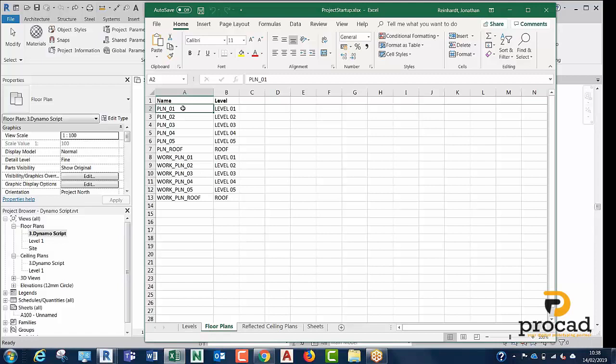So within our floor plan, we know what we want to name our floor plan, so PLN_01, but obviously you can change this to suit your BIM level 2 standards as well. And we know what levels we want them to be on as well. And also reflected ceiling plans, we know the name of those files that we've created. So what we're looking at here is that essentially in Excel you'll put down all of this information before your